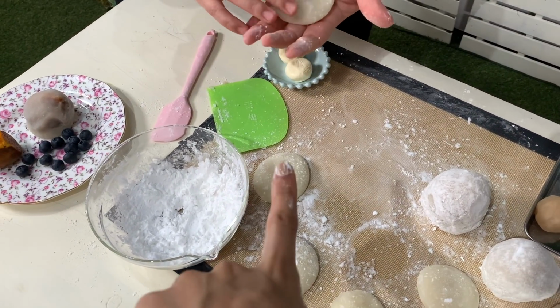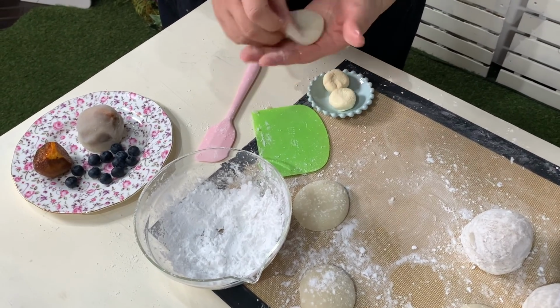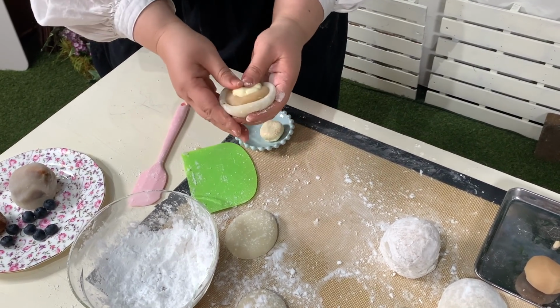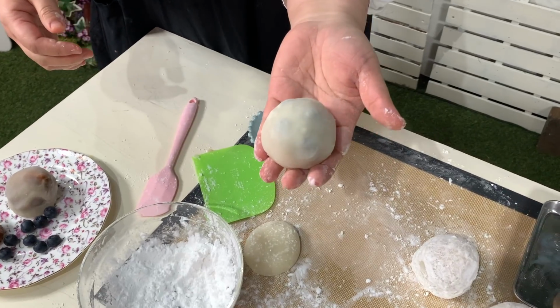She's putting cream cheese in it and then putting blueberries on the outside. I don't know how this is gonna go for me. So I guess first you do the blueberries and then the anko and the cream cheese. It looks surprisingly easy. Oh, kawaii. So if you don't know, this is basically made in the image of a different kind of daifuku,